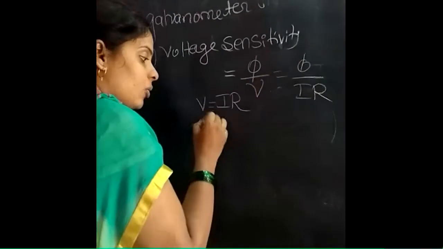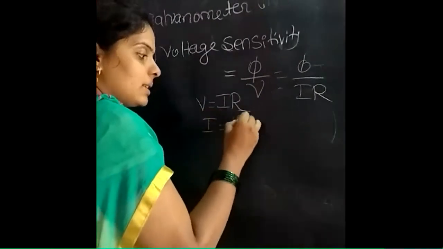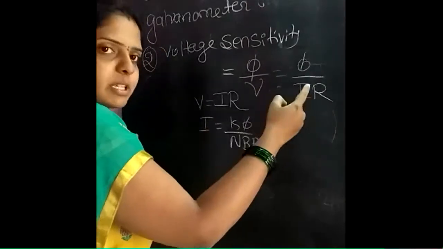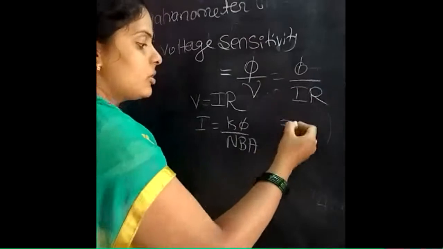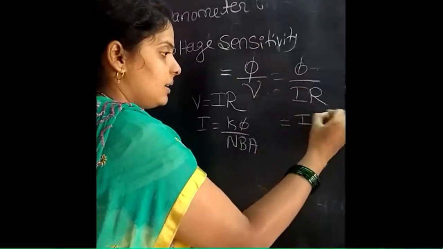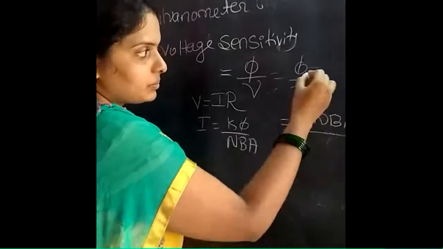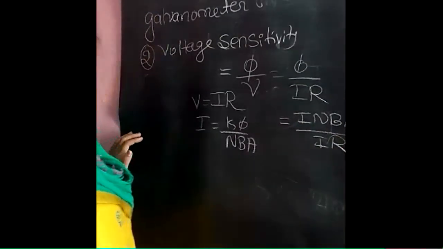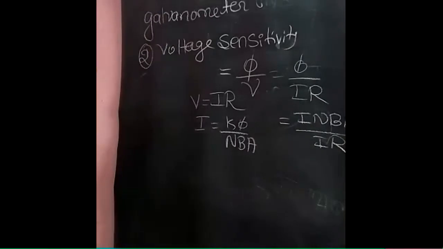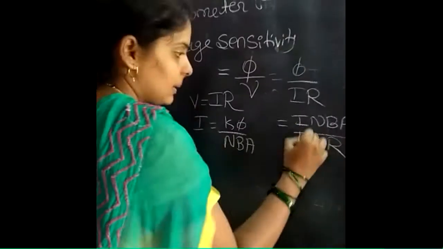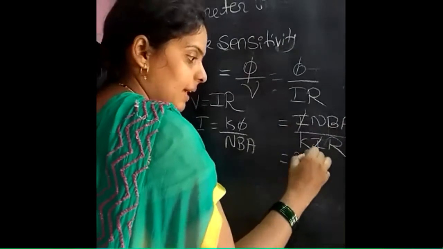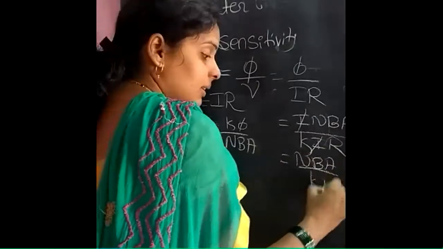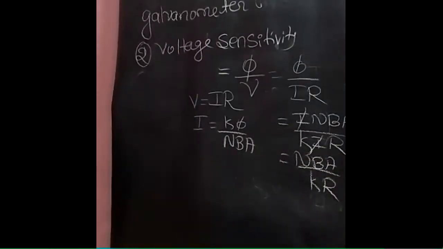अभी substitute किया था देखो, pi का value क्या था? pi is equal to, it is nothing but N B A into I divided by K. अभी pi का value भी इस पे substitute कर सकते हो. क्या होता है देखो, so if you substitute the value of pi, it becomes I N B A. Correct. So here you will get K, I will get cancelled, N B A divided by K R.